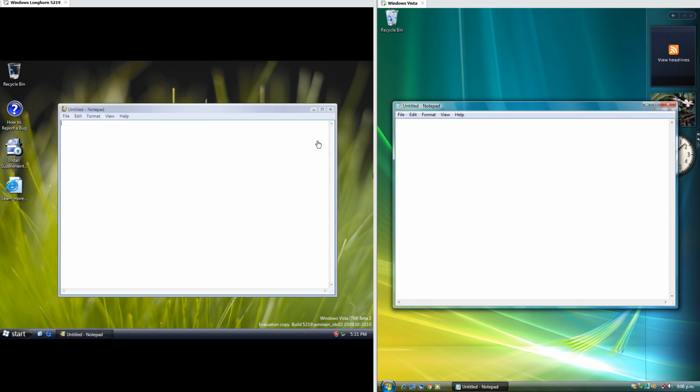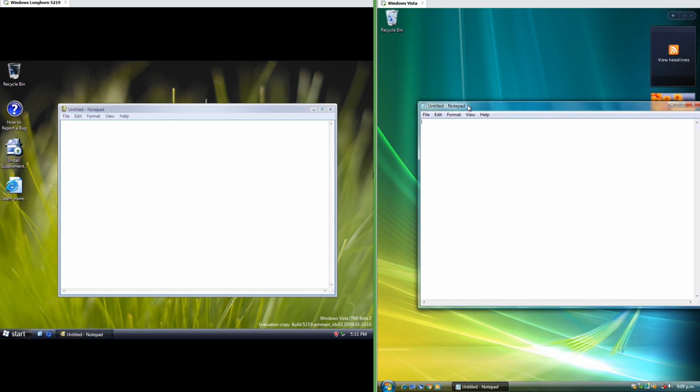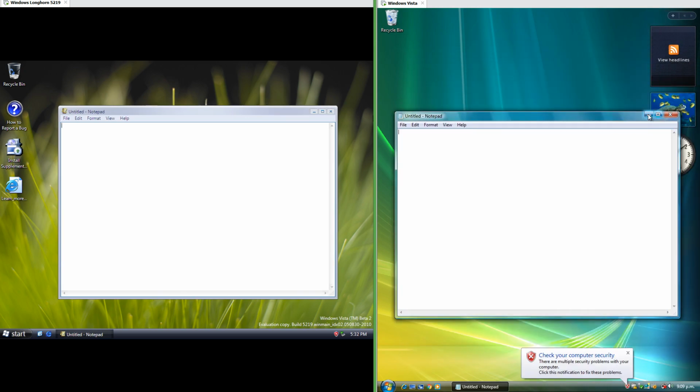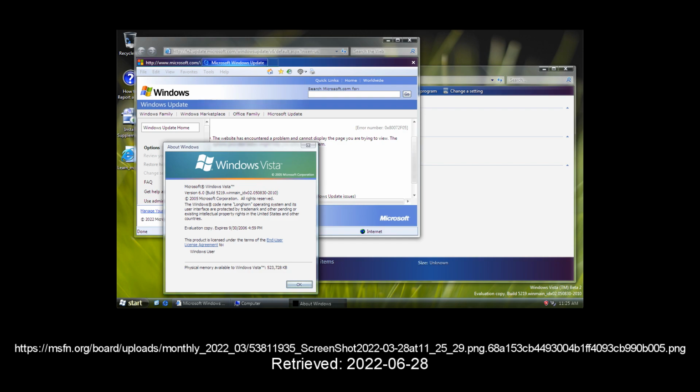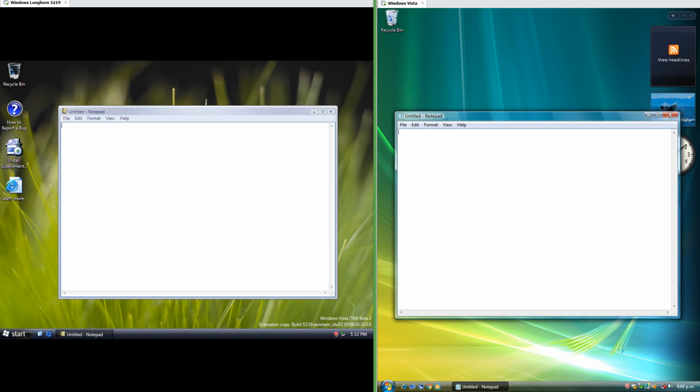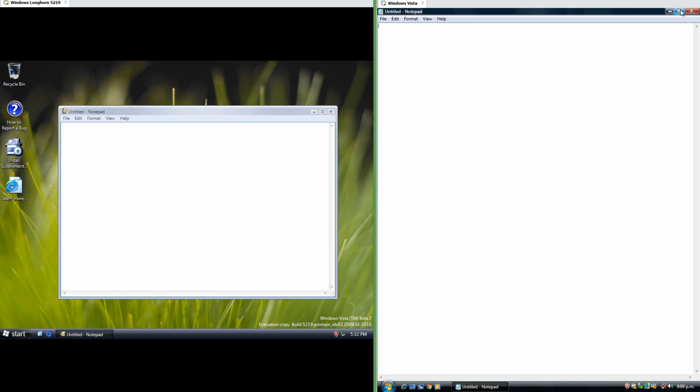Let's compare the skin. In Vista RTM the title bars are transparent and the X, maximize and minimize buttons are joined together and joined to the top. I think Vista Beta is supposed to have transparent title bars that look similar to Vista RTM. In Vista RTM when you maximize windows the title bar is no longer transparent.